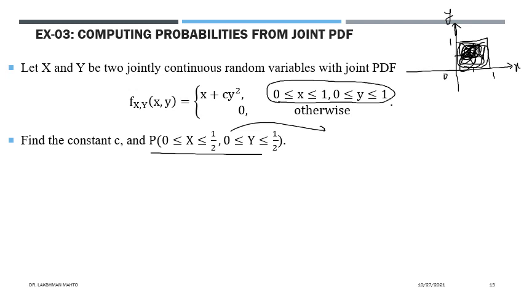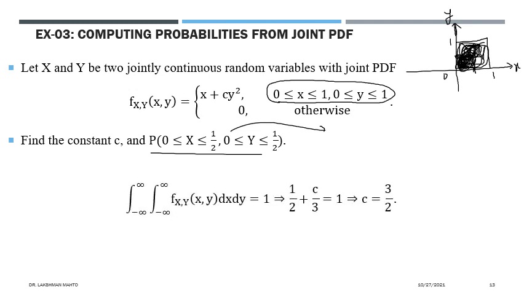So it is talking about just 1/4 of this rectangular region. We are trying to calculate the probability of xy observing a value within this 1/4. What is the probability that we have to calculate? So first we try to find c, using the normalizing condition, which comes directly from the normalizing condition.